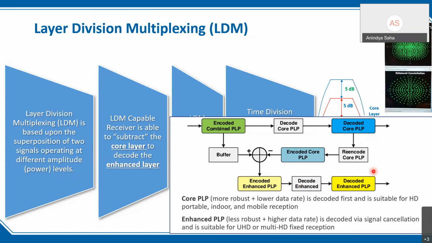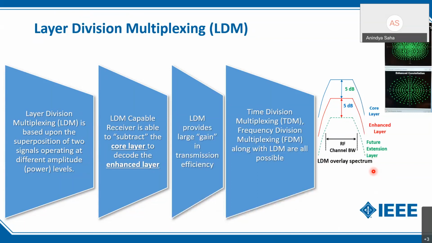So obviously there is a sequential aspect. You have to decode the core layer PLP first and the enhanced PLP later. And one of the things which of course is mentioned here, and I will explain that a little bit, is the fact that because the core layer has a higher signal strength, if you look at it from a transmitter point of view, that is going to have far more reach than the enhanced layer. And you can think of this as somewhat like a double-decker bus,